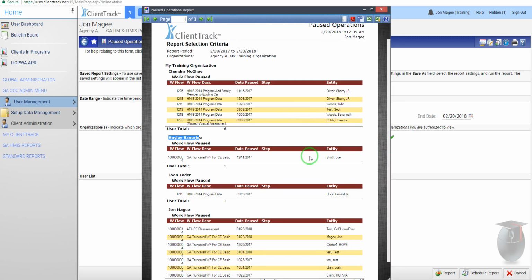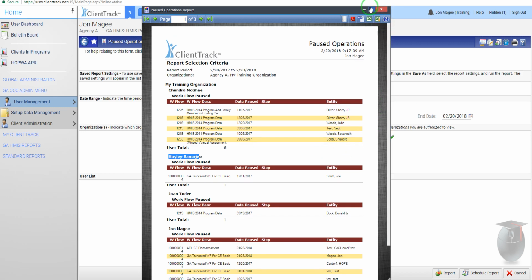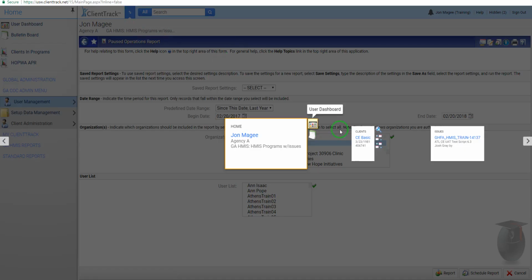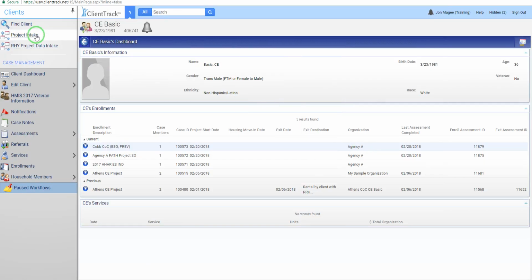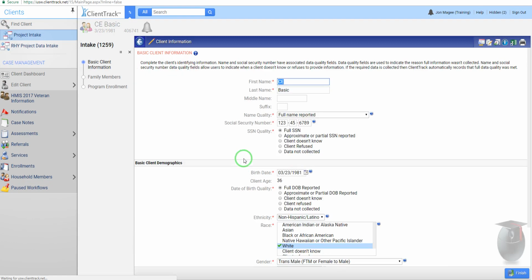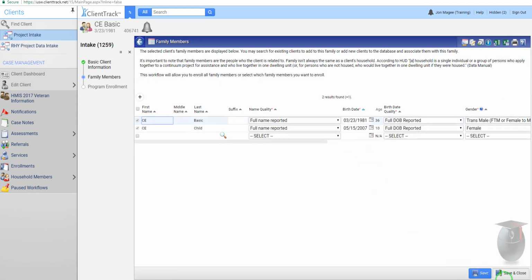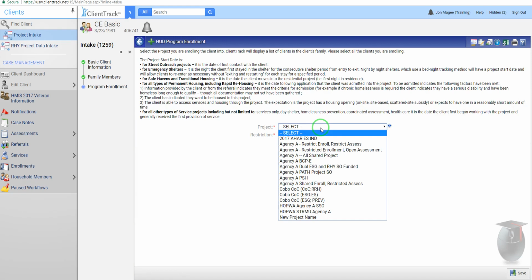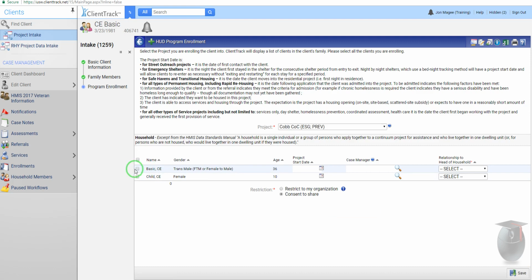Few things to note about paused workflows. Just because a workflow is paused does not mean that the end user has not already gone in and completed that entire workflow and all of the needed assessment questions. So let's jump over to a client record real quick just so we can see how paused workflows function. If I were doing an intake, and I'm in training now, I'm just going to go ahead and do an intake